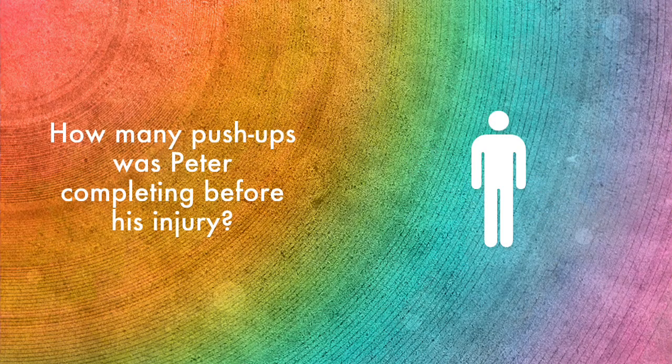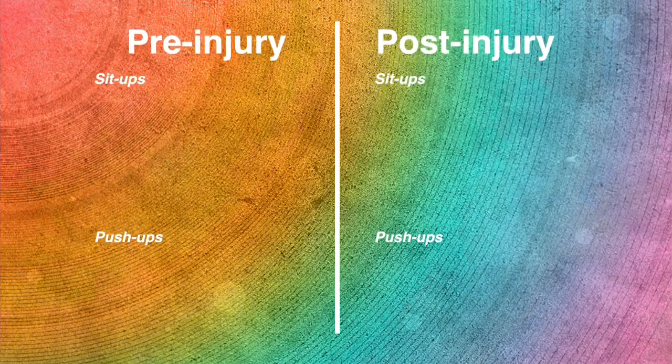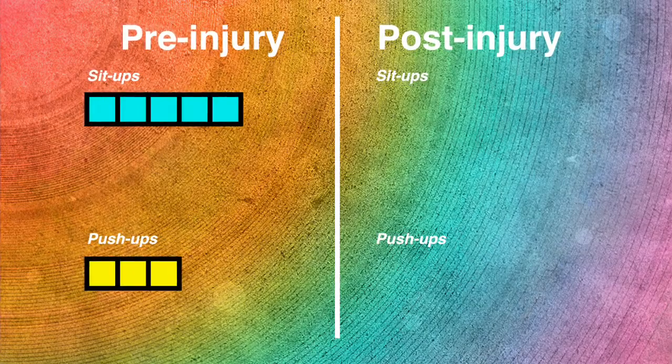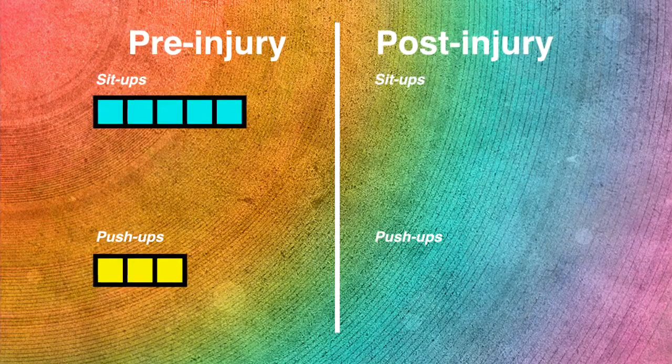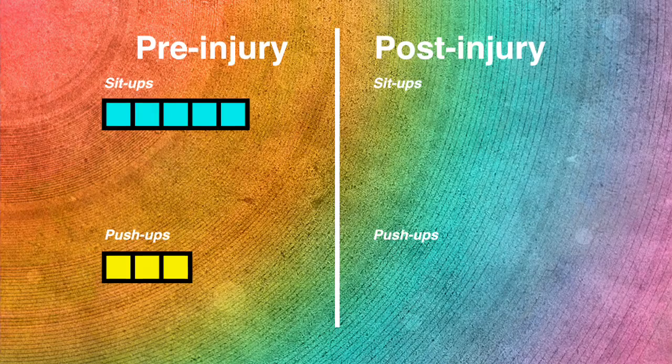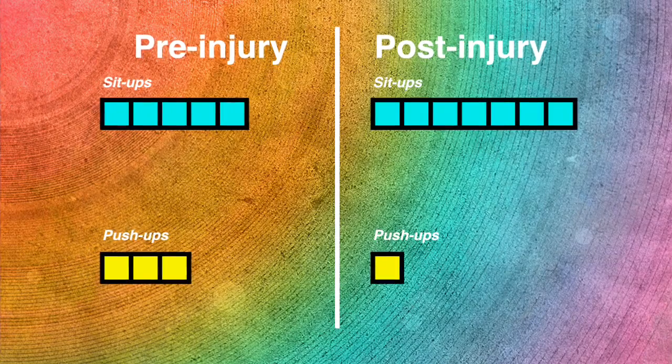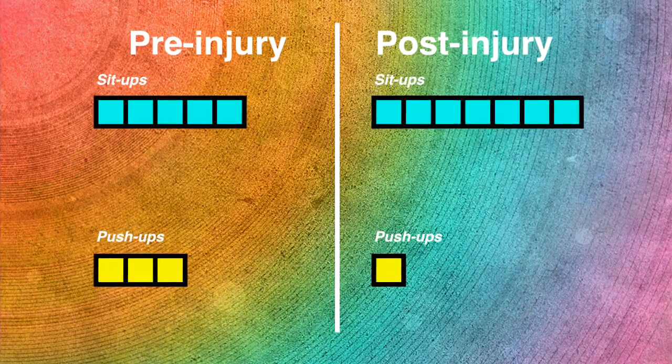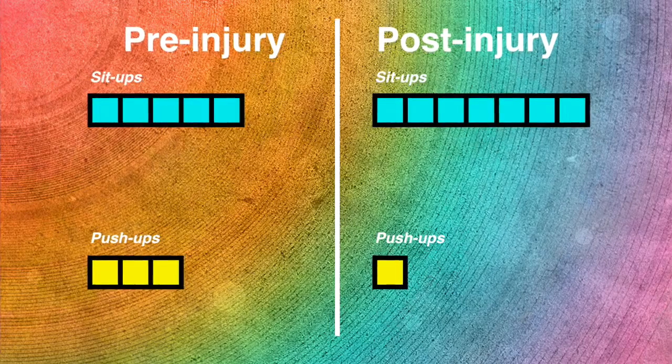During a training session after his injury, Peter completes 8 push-ups. If that's the case, then how many push-ups was Peter completing before his injury? Alright, we have pre-injury and post-injury, so let's label the table. We also are dealing with sit-ups and push-ups, so we can label those. And we know that before his injury, he was doing 5 sit-ups to every 3 push-ups. We also know that after the injury, he is doing 7 sit-ups to every 1 push-up, so we can enter